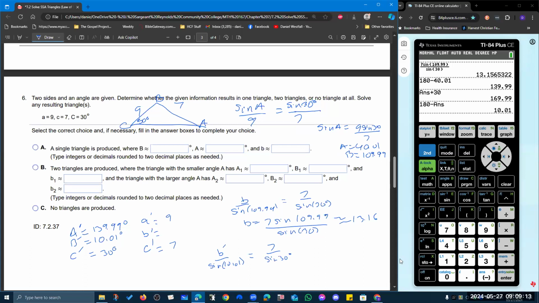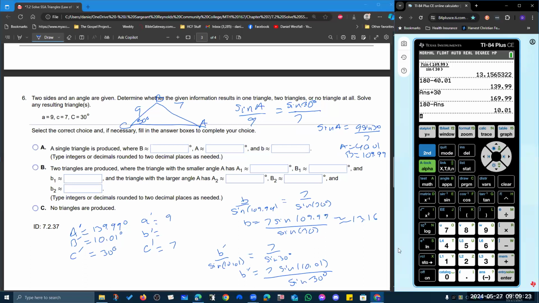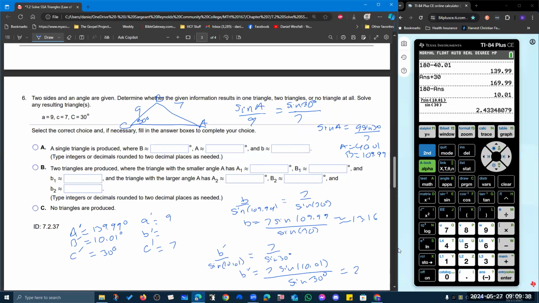So B prime equals 7 sine of 10.01 over sine of 30 degrees. 7 sine of 10.01 divided by sine of 30 is going to give me 2.43. So there's two triangles,